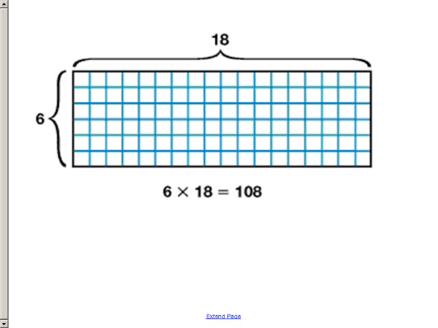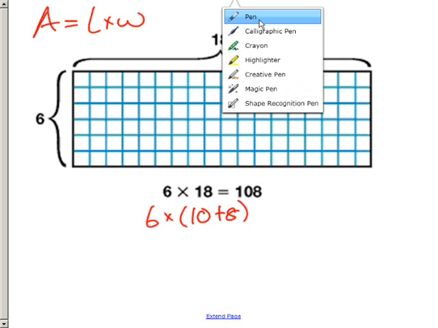All right, let's look at another example a slightly different way. So we know that the area of a rectangle is length times width. If I take the length times the width, that will tell me how many squares fill up this rectangle. But let's try it another way. Instead of doing 6 times 18, which equals 108, let's go ahead and break up that 18 again into expanded form, 10 plus 8. So we're going to do 6 times 10 plus 8. So what I'm going to do